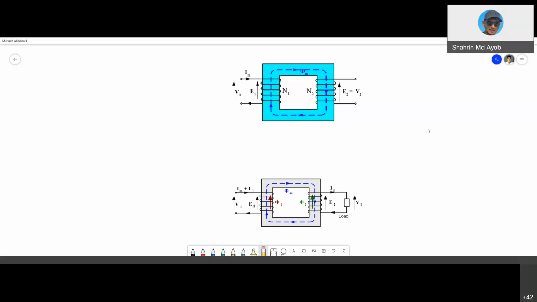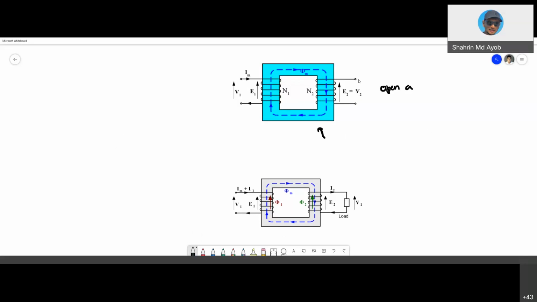Okay, so without further ado, I want to discuss the last week's pre-recorded video about the transformer part 1. As you can see here in the first figure at the top, in that video I have described a little bit about this transformer. This is a transformer where there is no load connected. Meaning that your V2 is disconnected from the load, which is what we call open